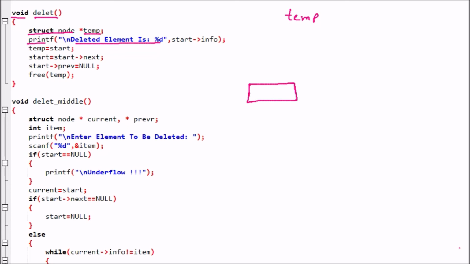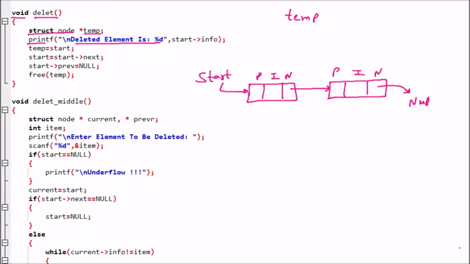So let us suppose that this one is our linked list where we are having two nodes available. Now this is a doubly linked list, so previous, info and next. Previous, info and next, these are the three parts. The start is pointing to the first node, and here next is pointing to the next node, and this one is pointing to null.